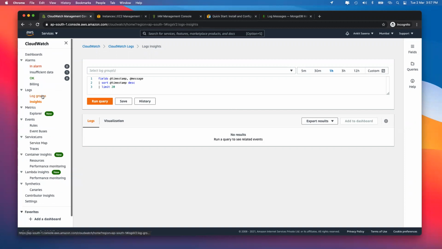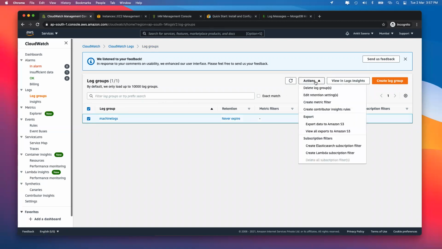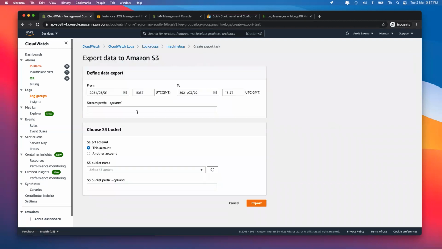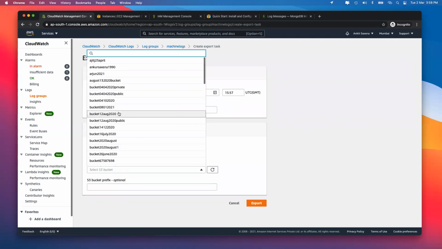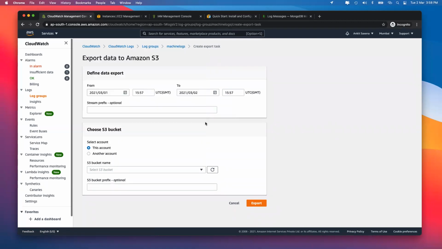So going back to my log groups over here, I can click on these particular log groups. And the interesting thing is I can also export the data to Amazon S3, in which case it is going to ask me in what bucket you want to create those logs. So where do you actually want to export the logs? It can either be this account or another account, that is entirely dependent on you. And once you have the logs, you can go and read the logs.